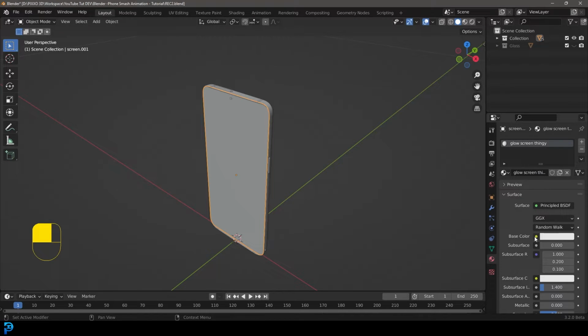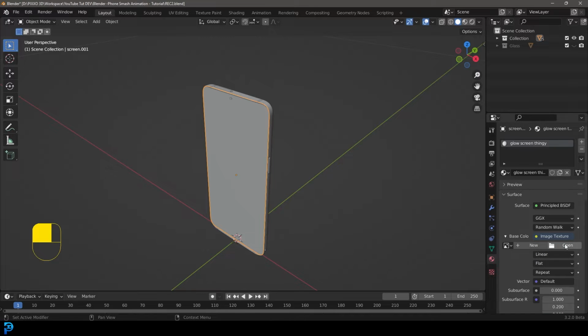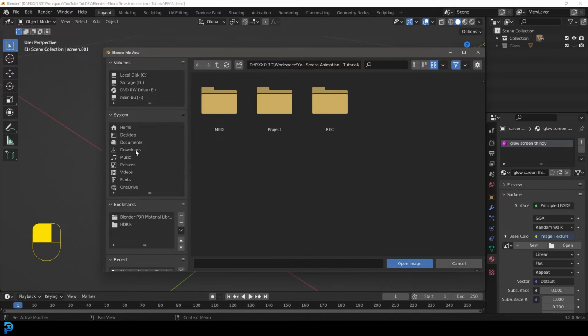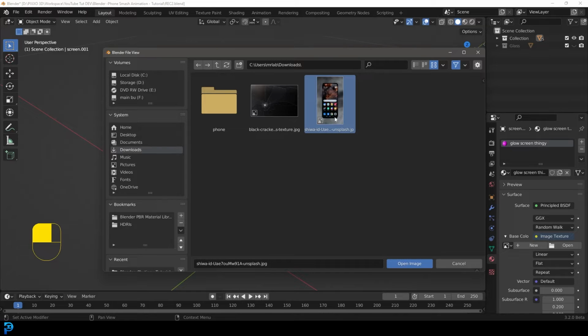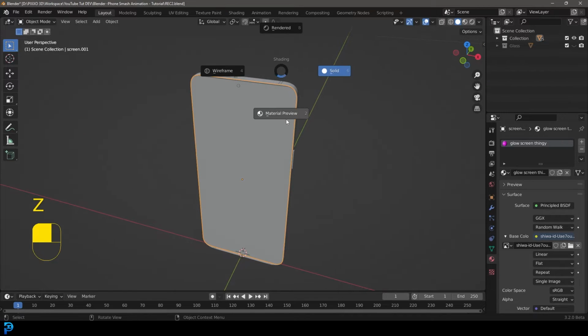And I'm going to go to my base color, click on that. Let's get an image texture. I'm going to go to open, and then I'm going to go to my downloads and get that thing I told you guys to download. Goodness, I've forgotten the name of it. Yeah, the Unsplash image, and then go open image. And now if you press Z and you go material preview, you're not going to see anything